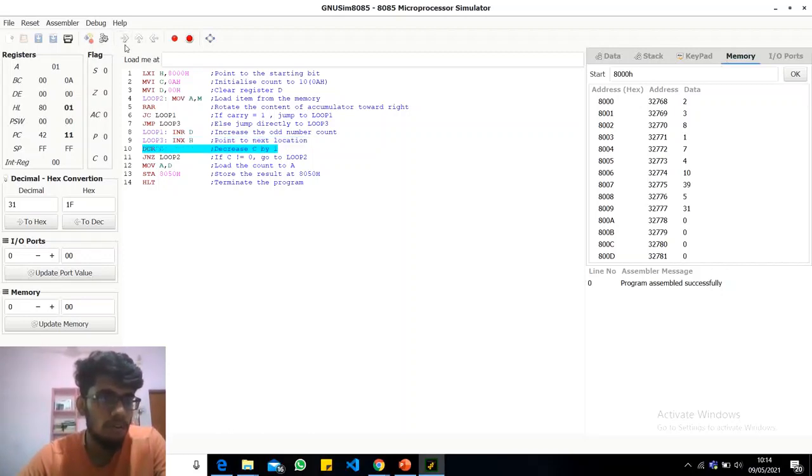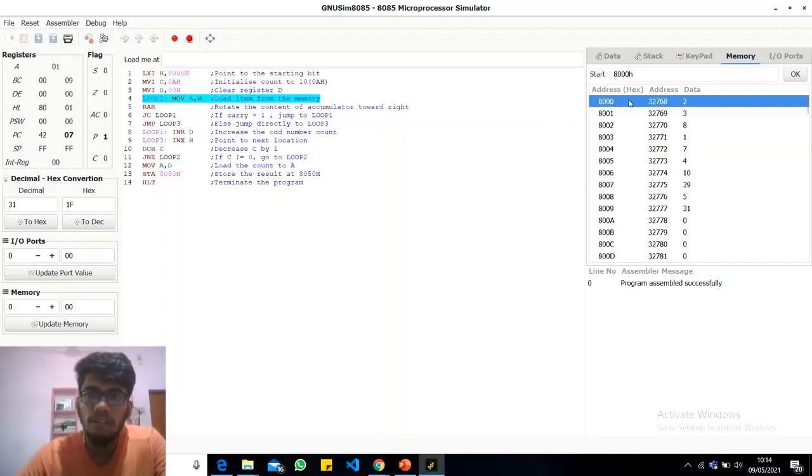Moving forward, the HL pair has been directed toward the next location, 8001. After moving forward, the count in C is decremented by one, as we had evaluated our first value stored in 8000H. So we are moving back towards loop 2, where we will evaluate our second number.